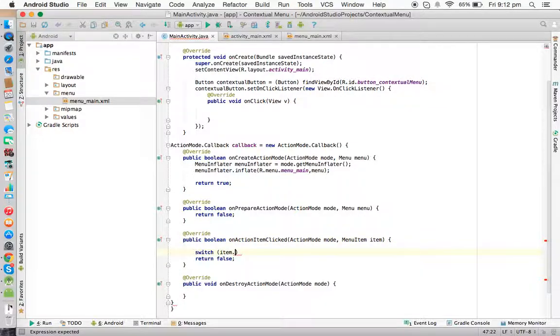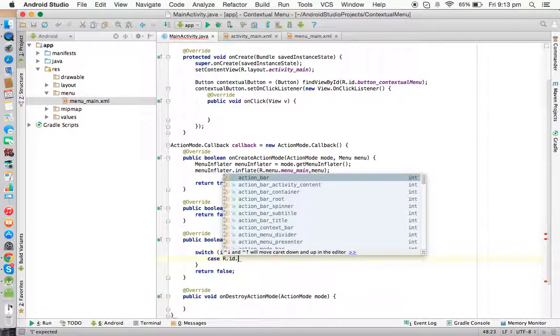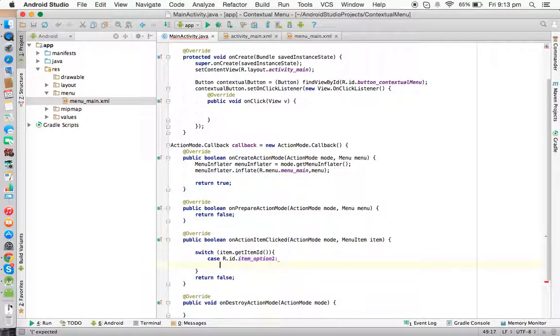Switch item.getItemId. In that, case R.id.item_option1, break statement.